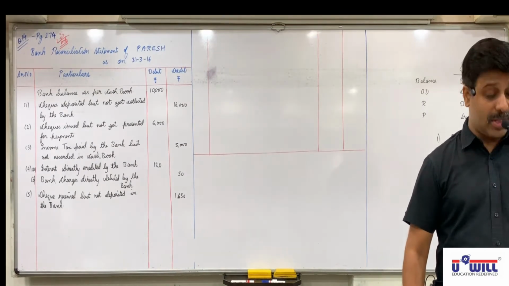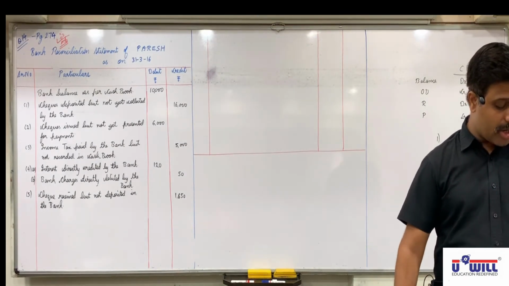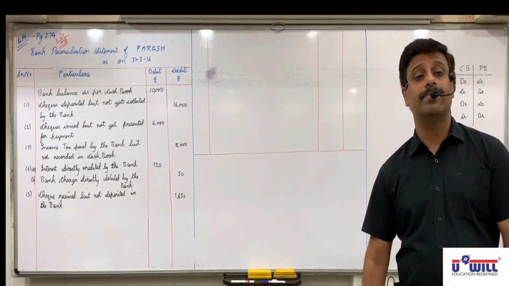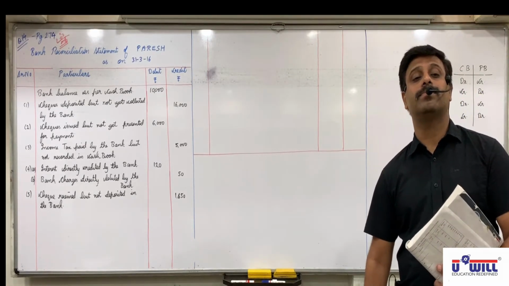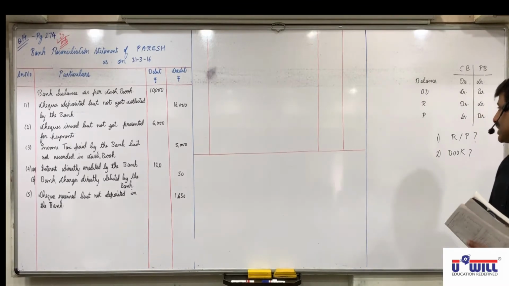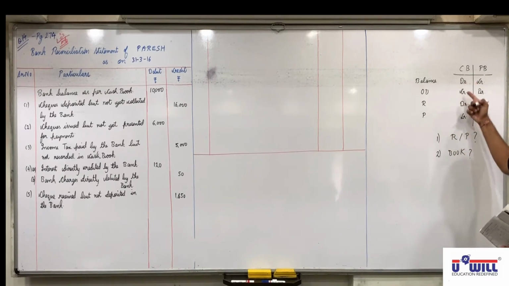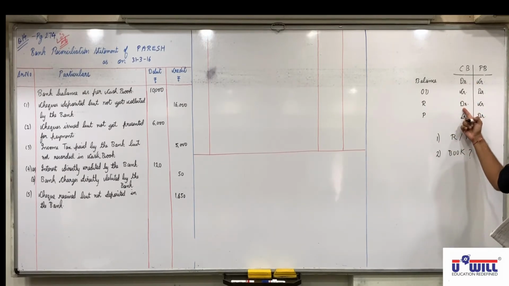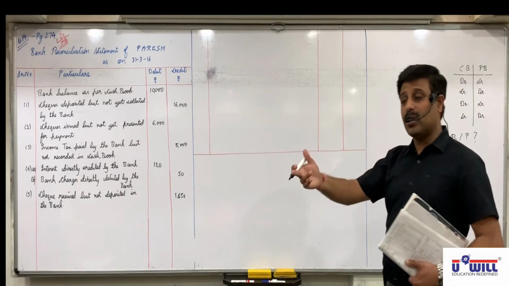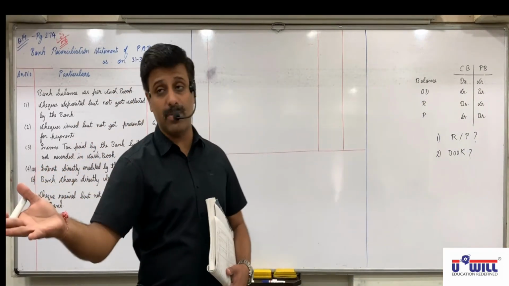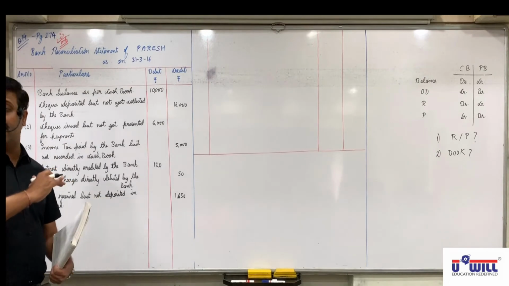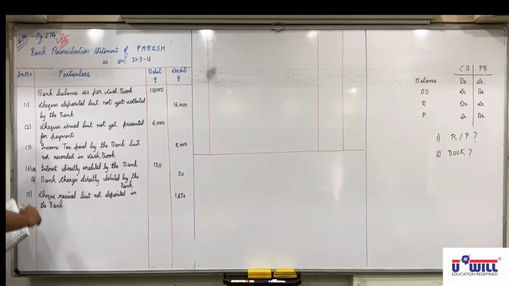Next, Roshita. Debtor has directly deposited 680 in bank which is not recorded in cash book. Correct. Now debtor has directly deposited in the bank means is it a receipt or a payment? Receipt. And directly deposited in the bank means it is not recorded in cash book. So receipt and not recorded in cash book means debit in BRS. Now if customer has directly deposited in the bank means it is credited in passbook, but it is not yet debited in cash book, so debit in BRS.